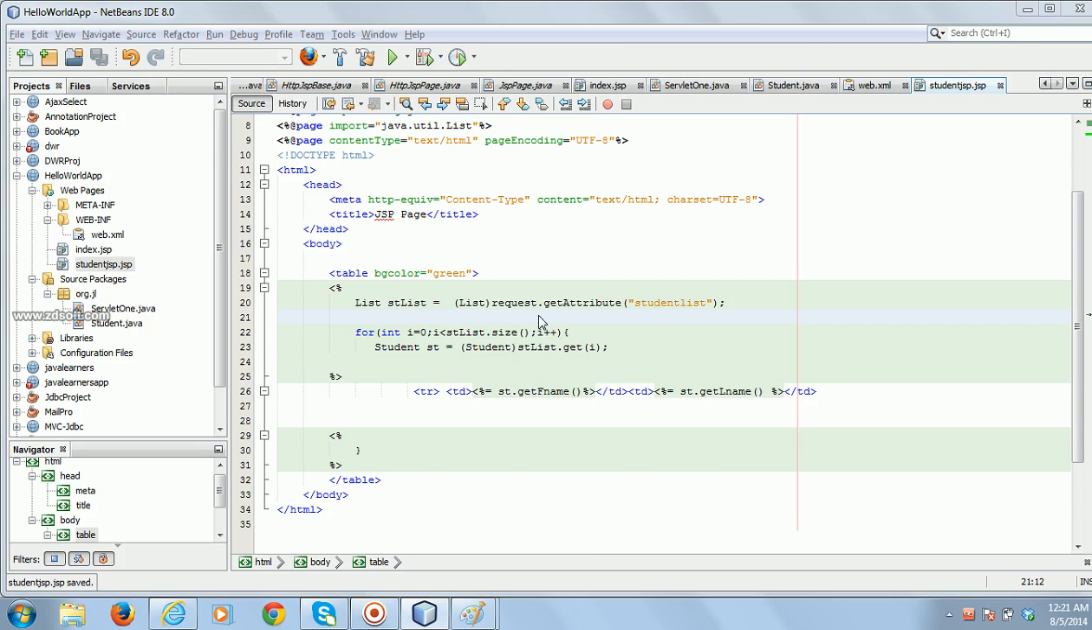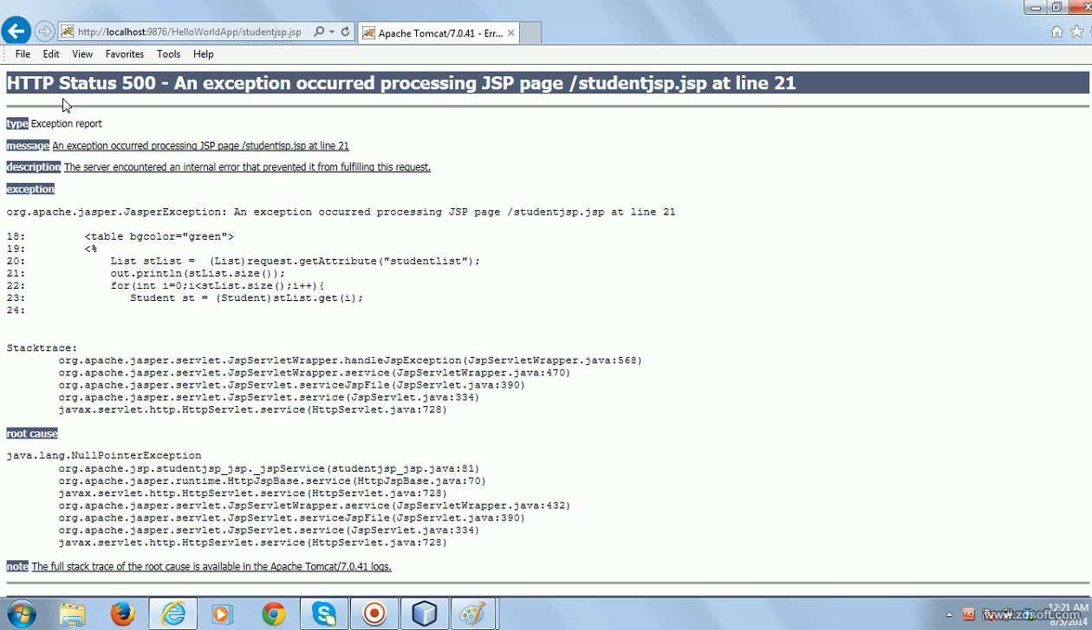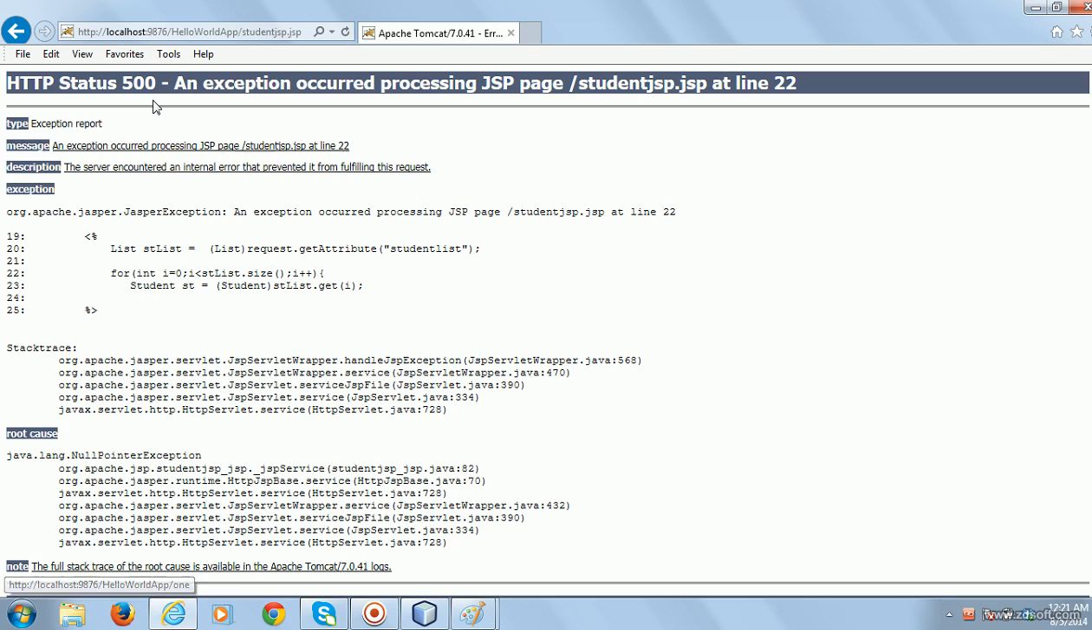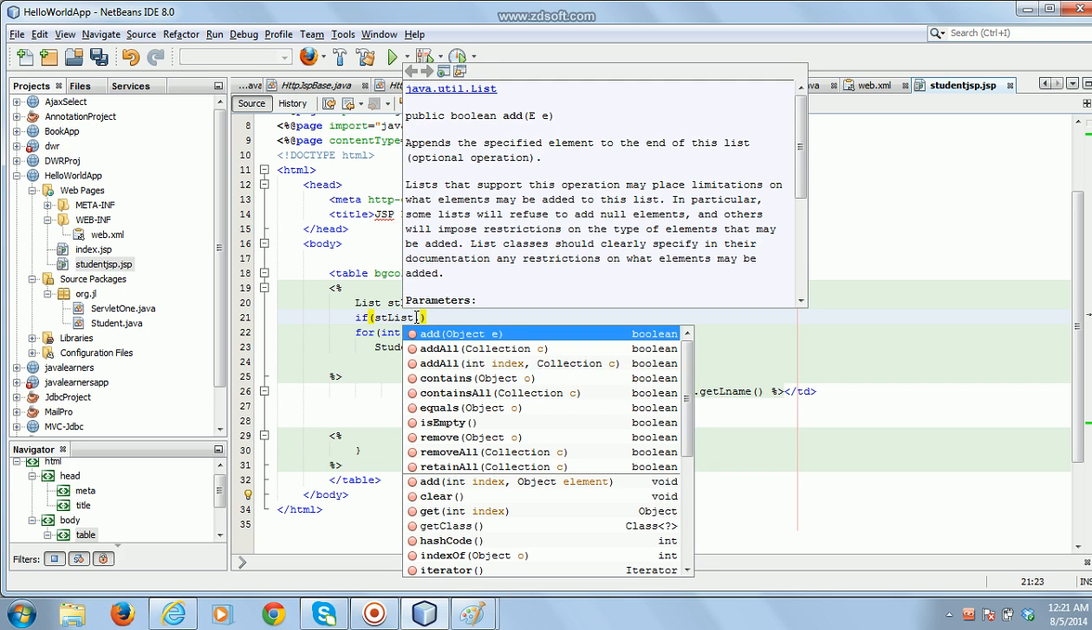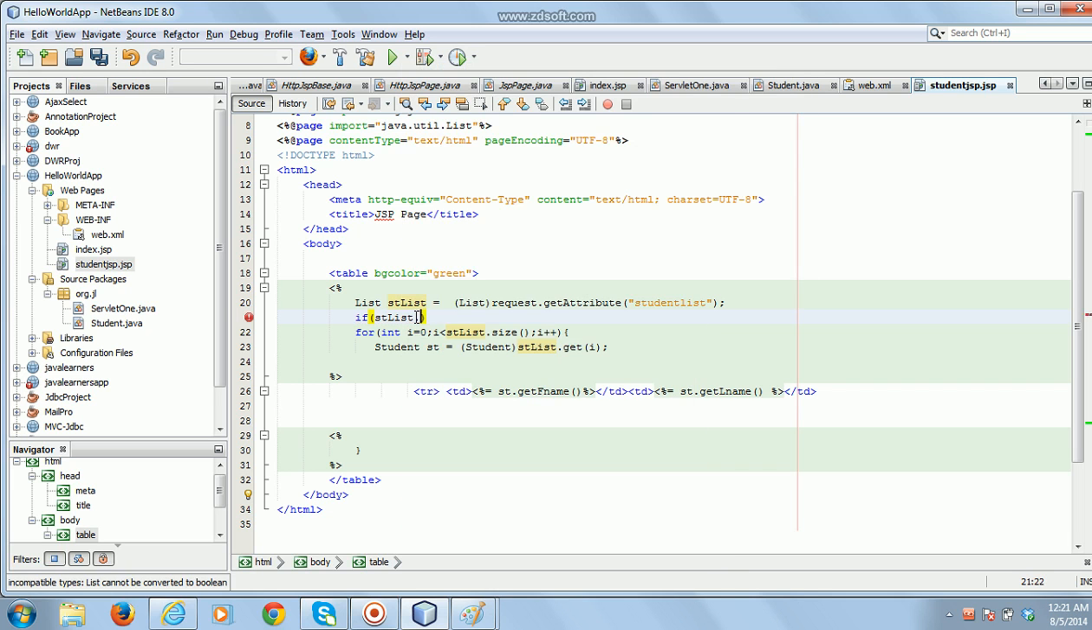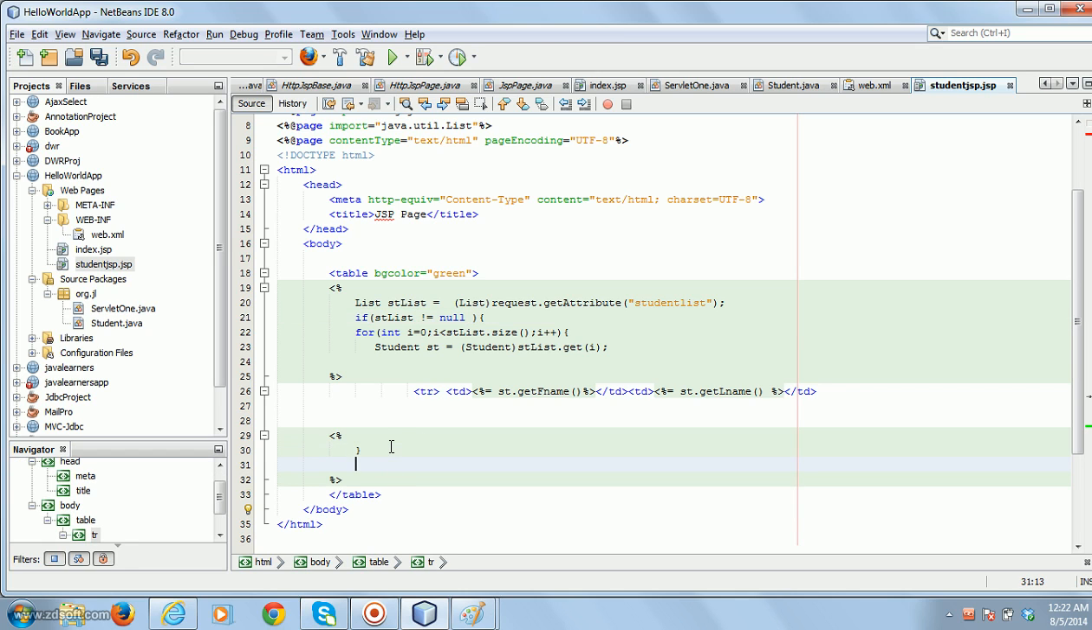Okay, if you see, I have removed that. I still got that. Since the student list is null, what I can do is, if the student list is not equal to null,